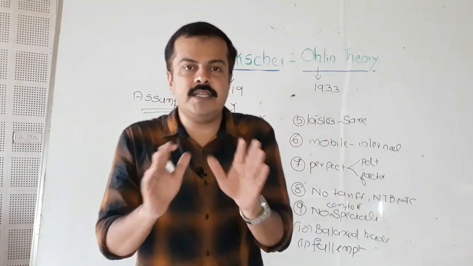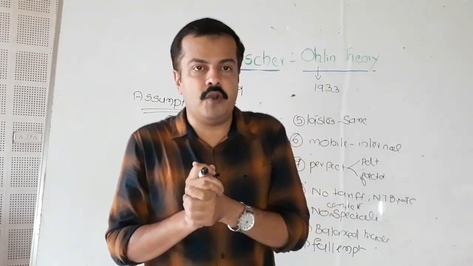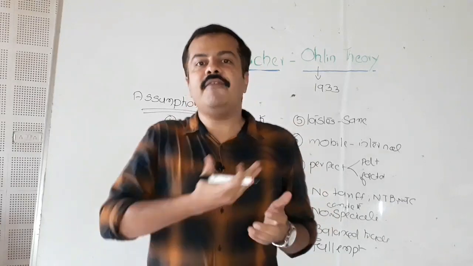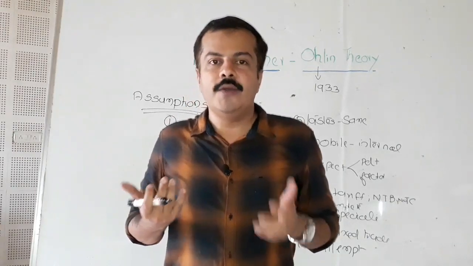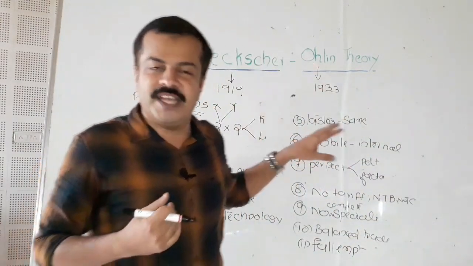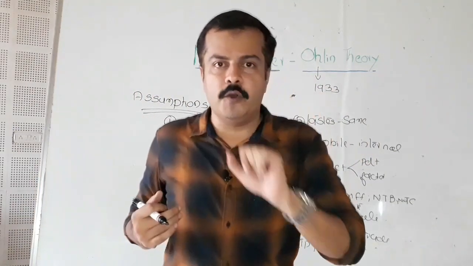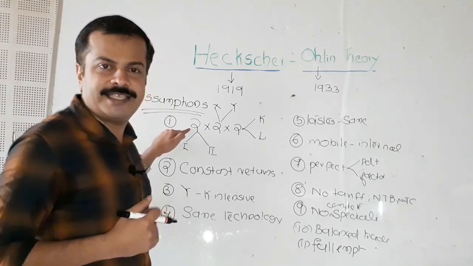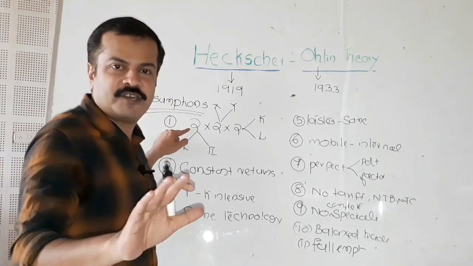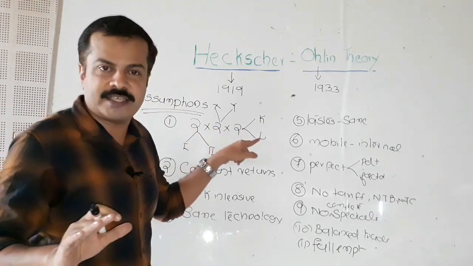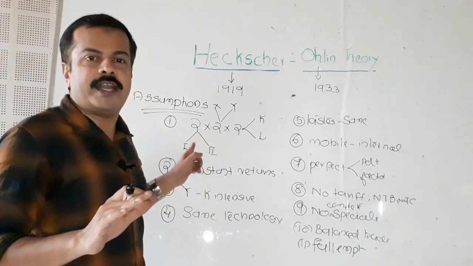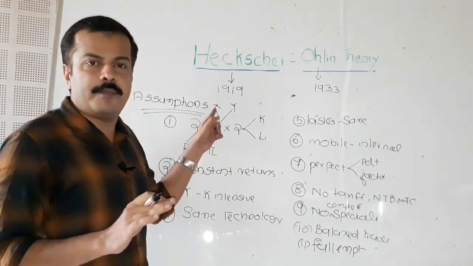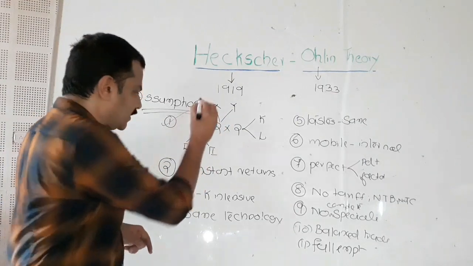The assumptions in the Heckscher-Ohlin model are very important because most of the theoretical development in international trade after the Heckscher-Ohlin theory was based on the relaxing of some of the assumptions, and we will see the theory. Now once more, the main assumption of the model, this is a 2 by 2 by 2 model. That is, it assumes that there are two countries, two commodities and two factors of production. Countries are country 1 and country 2. Factors of production are capital and labor. Two commodities are commodity X and commodity Y.